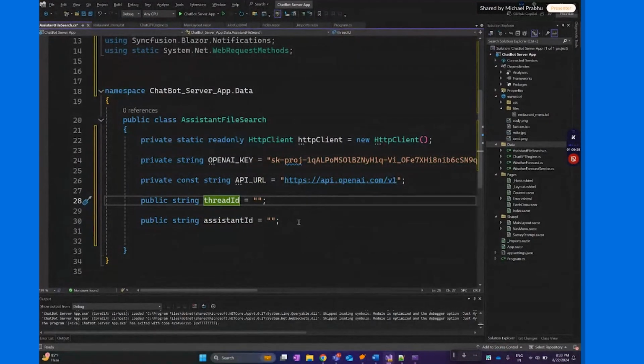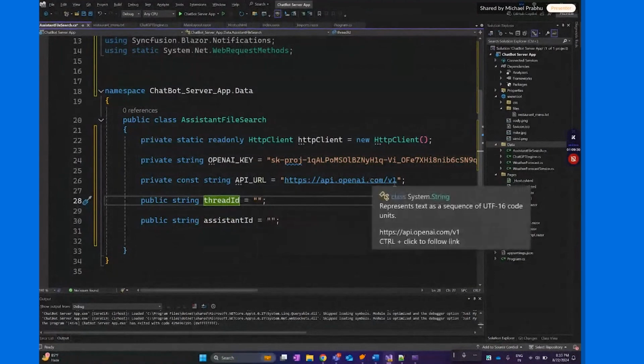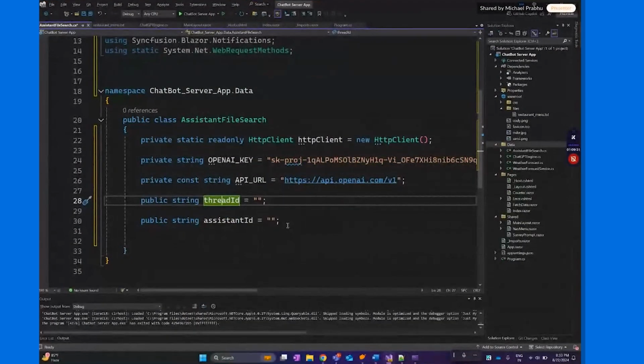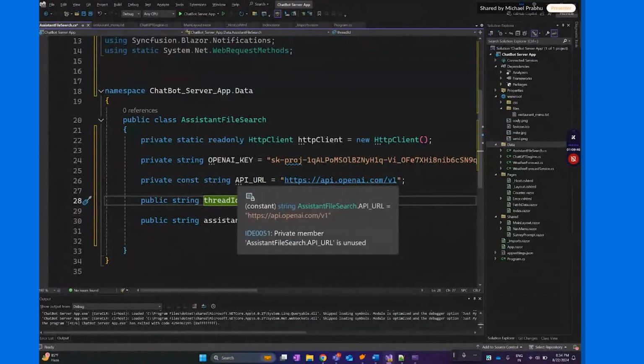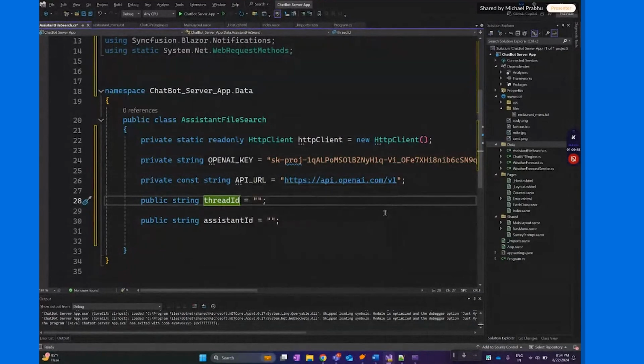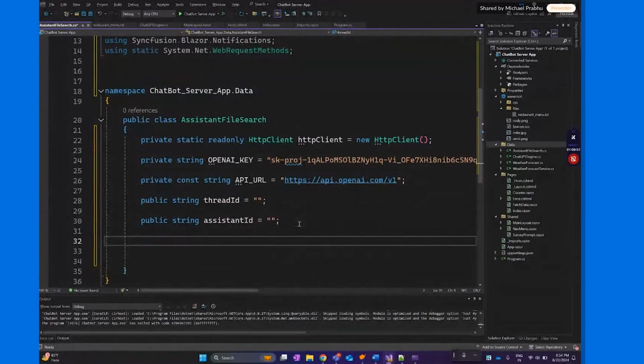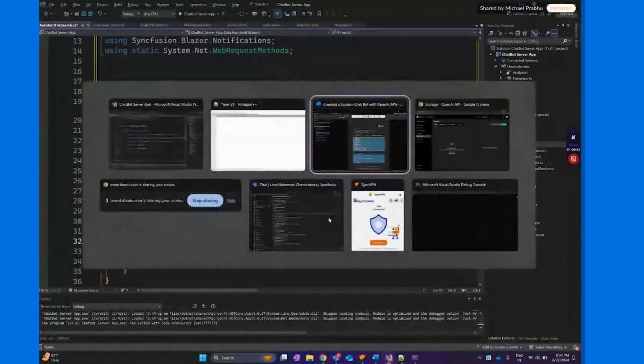Okay. So this is the API endpoint that I'm going to call, but the API endpoint will differ based on each request. If I'm going to create an assistant, the API endpoint will vary. If I'm going to create a thread, the API endpoint will vary. If I'm going to create a file, the API endpoint will vary. So I have just created an API URL, and then I will use the URL and change it every time when it is required. Okay. So the next thing is